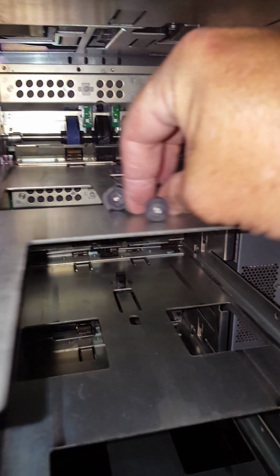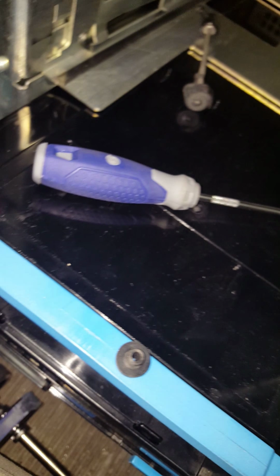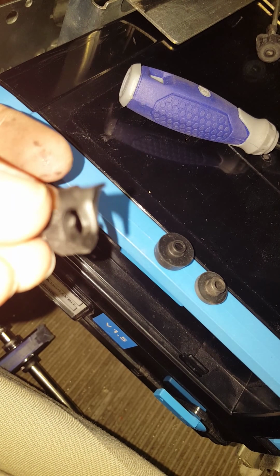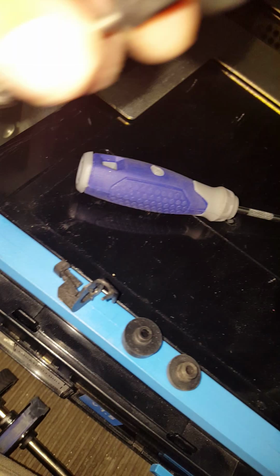Then in these feed wheel kits, there's a little packet, and the packet has got a small thin wheel, a thicker wheel, and then it has a fender. So let me see if I can set this phone somewhere, and I'll show you how to change those real quick. Well, first of all,